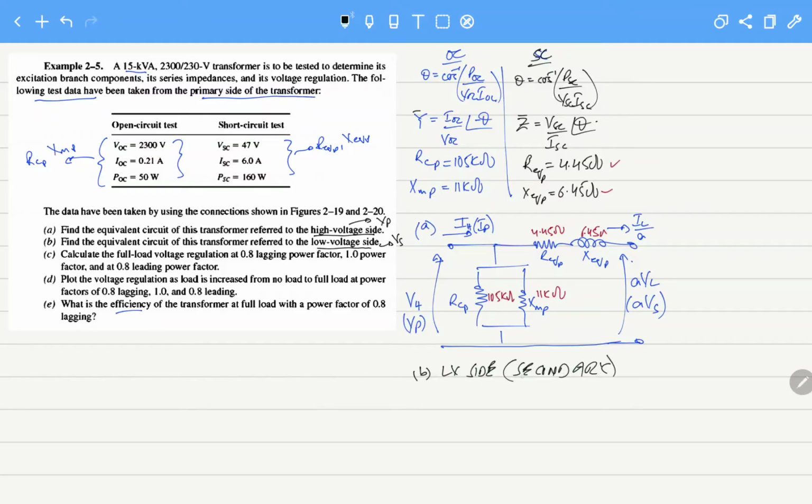Now we know the method of reflecting. When we have to reflect towards the primary side, we multiply the impedances by a square, but when we refer to the secondary side, we divide by a square. So all the impedances in our circuit will be divided by a square. So what is a? A is the turns ratio, primary over secondary, and we have 2300 divided by 230, that becomes 10. So all these impedances, if you draw again,